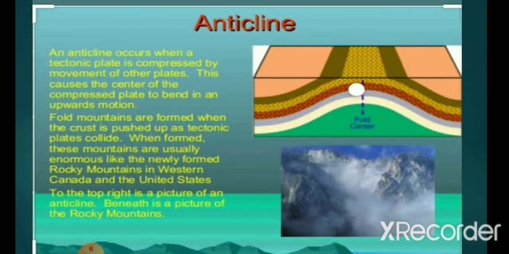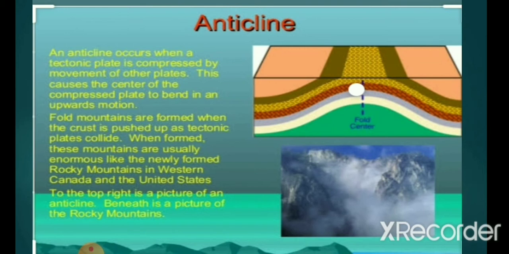What is a tectonic plate? It's an irregularly shaped slab of solid rock. Generally, we can say that it is composed of both continental and oceanic lithosphere. Lithosphere means the land mass. The whole land mass we call a lithosphere. So, a portion of the earth's land mass is called a tectonic plate.